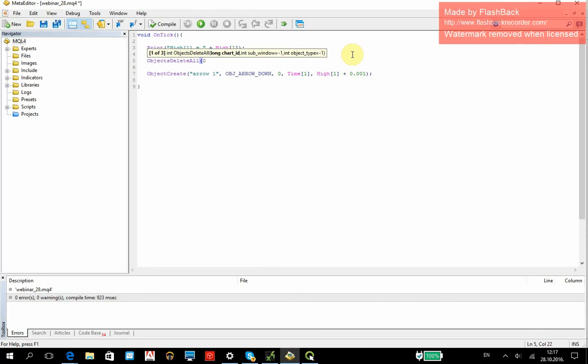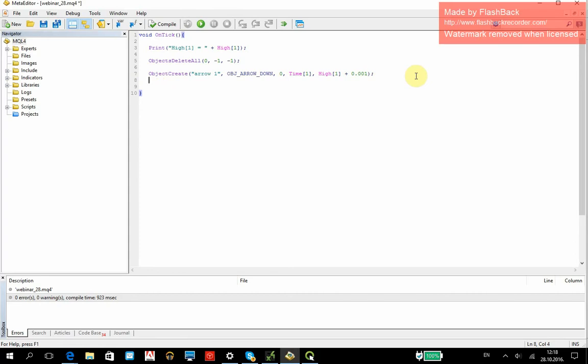If we put 0, it will use the current chart. Sub window, we don't need this parameter. That means -1. And object type, if we put -1, it will delete all objects. So we will delete all objects, then we will create the first arrow, and the last step is we need